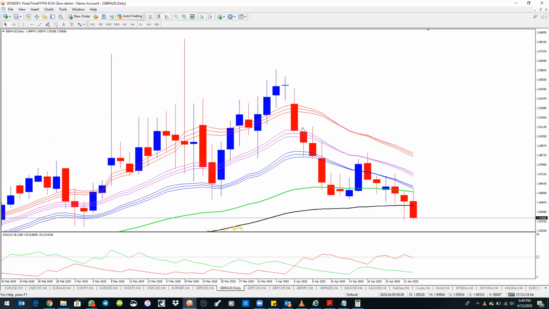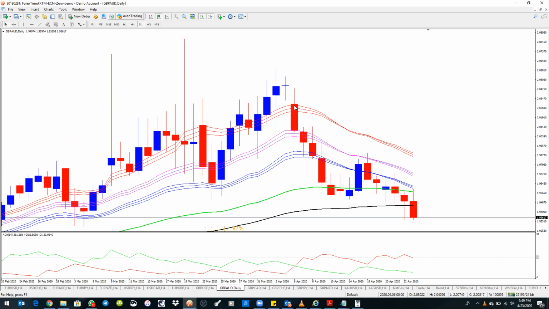Let me use this red candle, right? This whole red candle that you are seeing here, this is everything that happened in the market for that day. It represents everything that happened in the market that day. And how do you know what happened in the market? The thing about Japanese candlesticks is that